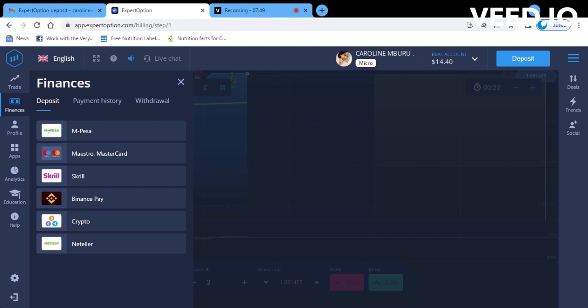Another thing that Expert Option says is that the same method you use to deposit is the same one you're supposed to use to withdraw. So don't deposit with M-Pesa and withdraw using card. That is another thing that is going to bring problems. So guys, luckily for you, I'm taking all these small risks or big risks for you. The next time I withdraw, I'm going to screen record so you can see the entire process and whether it's going to be smooth or not. I'll be sure to upload that.